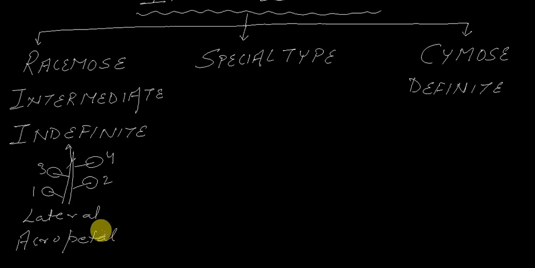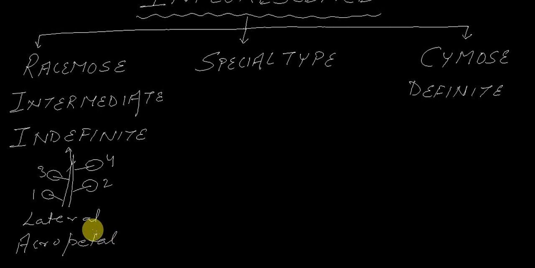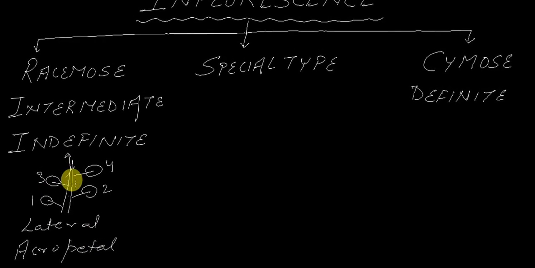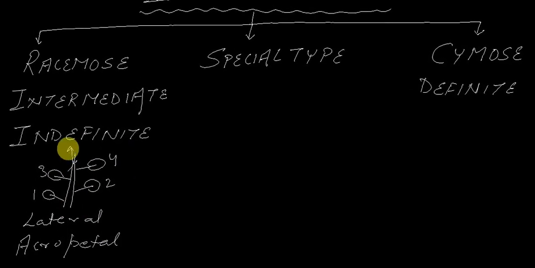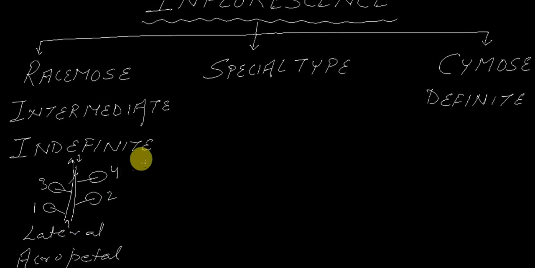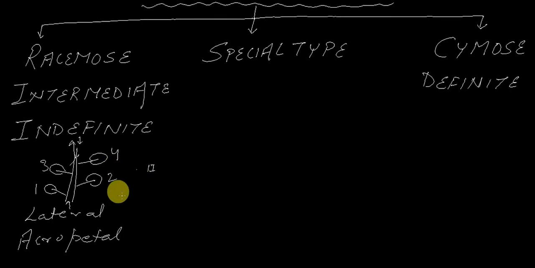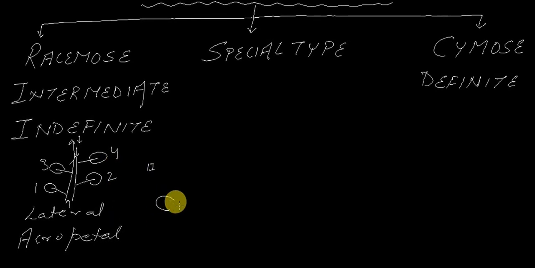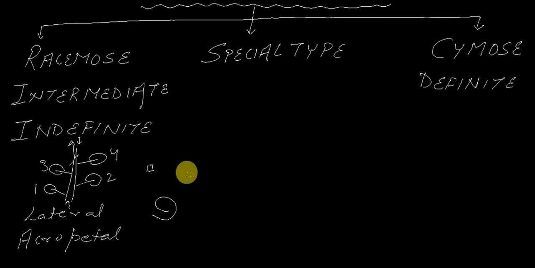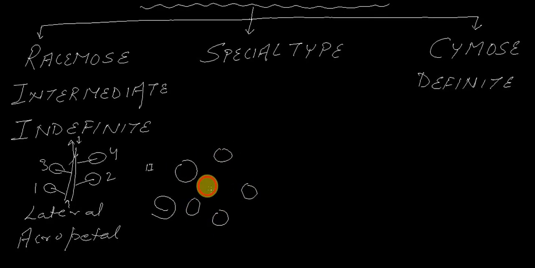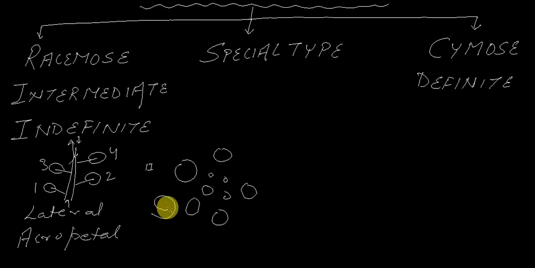Now in this inflorescence axis, if you just compress it from here and here and you make it condensed in this manner, the arrangement of the flowers that you will see will be somewhat like this. That means the oldest flowers will be towards the outside and the youngest flower will be towards the inside. So it's something like this. This arrangement is called as centripetal arrangement.